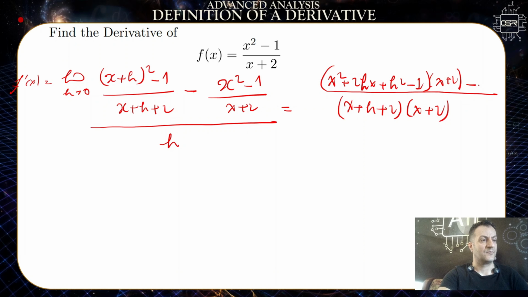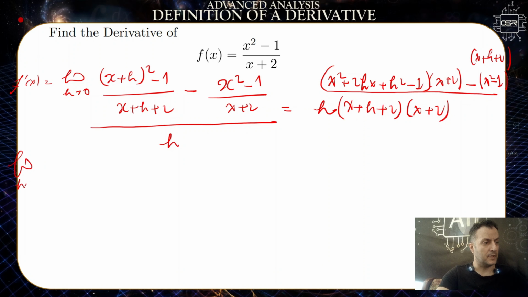minus x squared minus 1 multiplied by x plus h plus 2. Okay, x plus h plus 2 over x plus h plus 2 times x plus 2. By the way, this h can also be removed and multiplied here right away. Let's keep developing. So limit as h approaches 0 of,